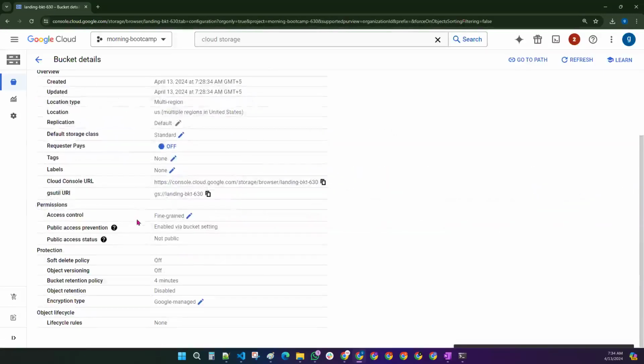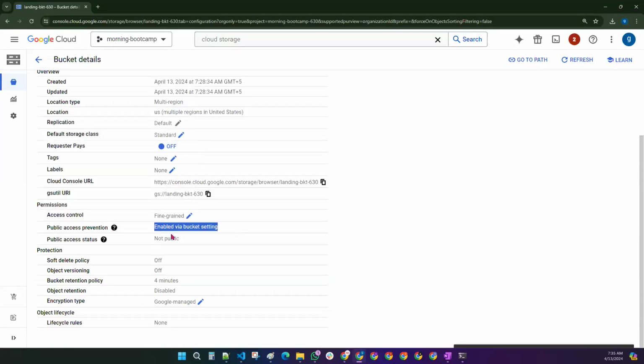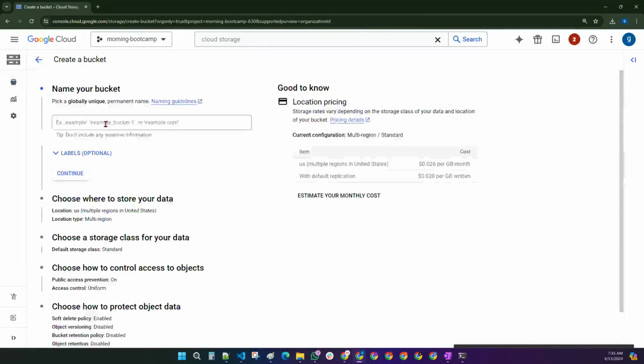So let me go to configuration. This is what happens actually. We have enabled this one. Public access prevention is enabled. It cannot be changed later. But instead, if I wanted to provide access to you,